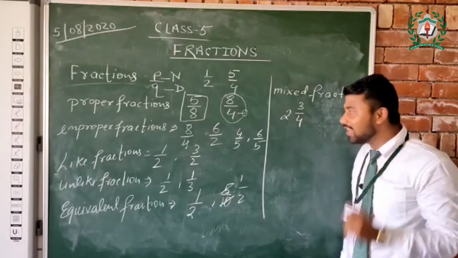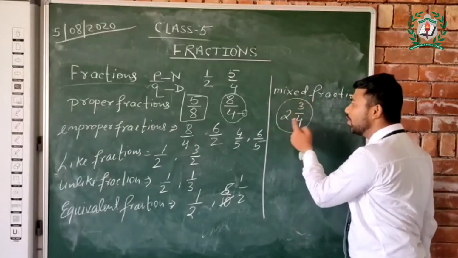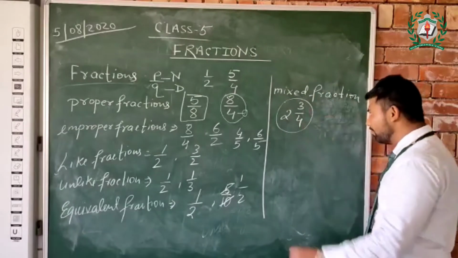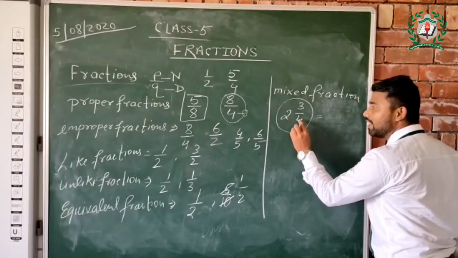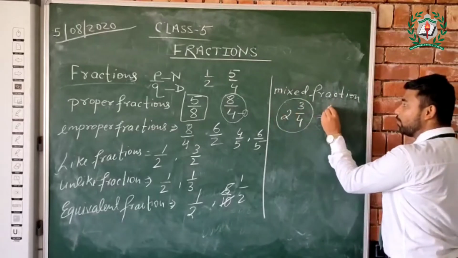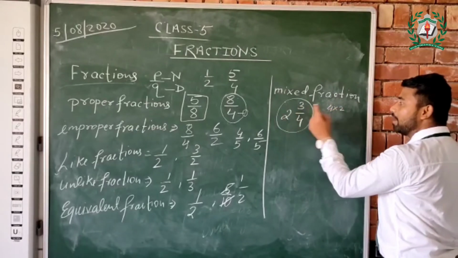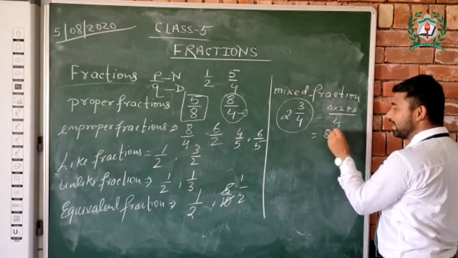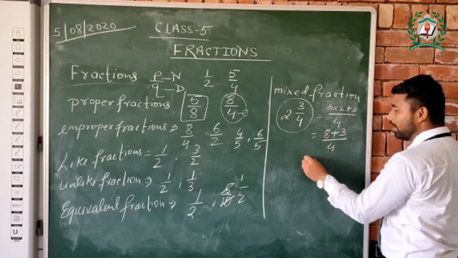Yes, but it is very easy. How will you convert it into a normal fraction? Very simple. Multiply the denominator by the whole number beside it. So 4 into 2 plus 3 upon 4, that is, 4 twos are 8 plus 3 upon 4,